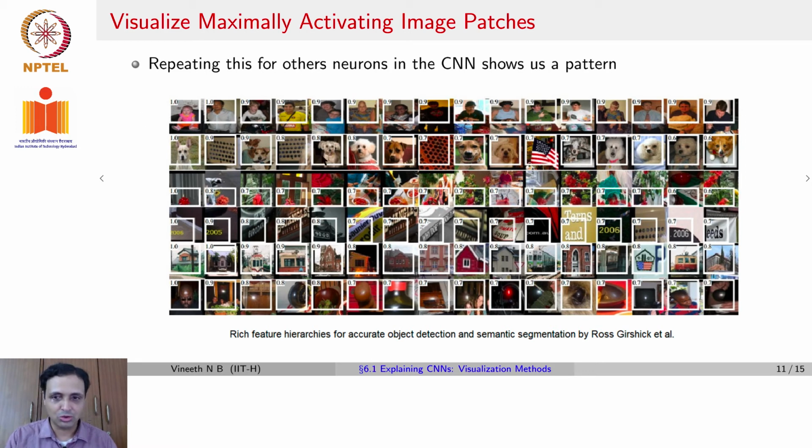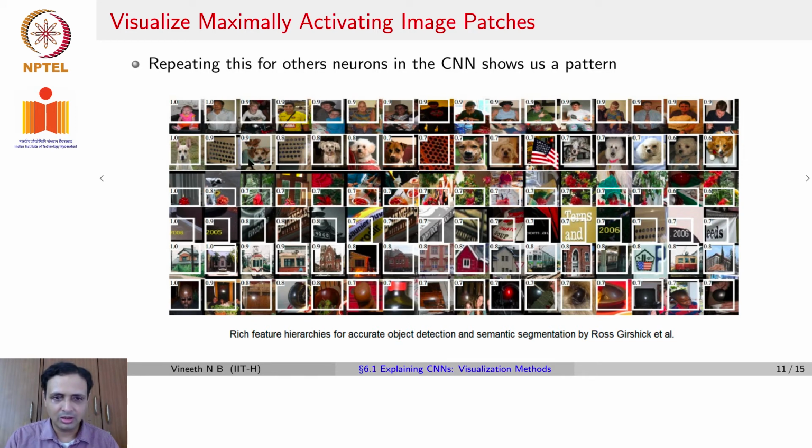So here is the first row. Interestingly, all of those images correspond to people, especially busts of people. It looks like that particular neuron was capturing people until their bust, until their chest.